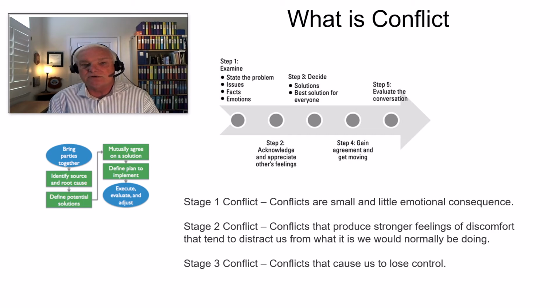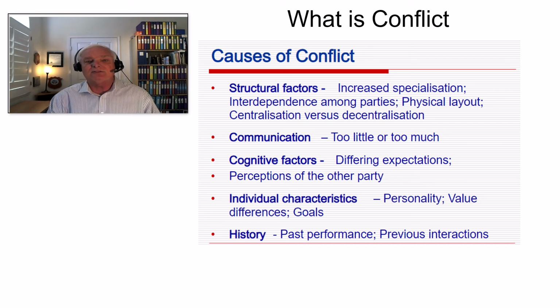That is where we start having interactions with either people or the work being done or things like that. This is where we want to try to identify a conflict, and we need to interact in a way to prevent that or to eliminate it if possible. And then stage 3, conflicts that cause us to lose control. People can completely lose control emotionally. It can happen.